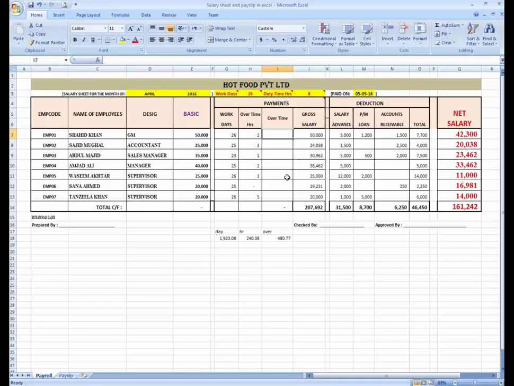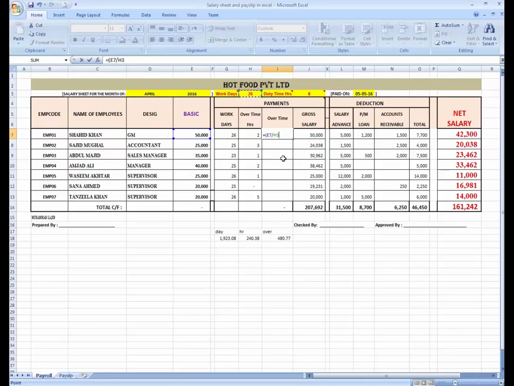For this purpose you have to use a formula: equals this divided by this. This basic salary divided by work days gives the per day salary.